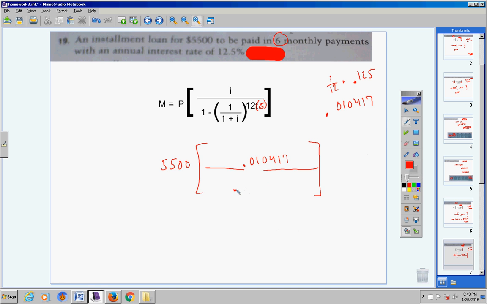We're going to get 0.11420364661. Let's divide these two numbers: 0.010417 divided by 0.1142. Enter. And this entire bracket here will become 0.0912171629. So we'll take this times 5,500, and here's your monthly payment,